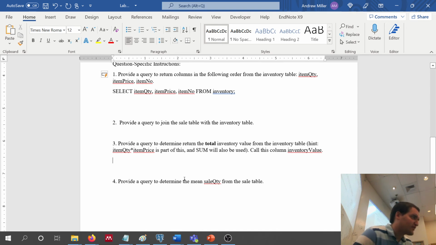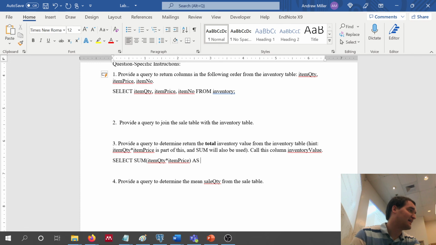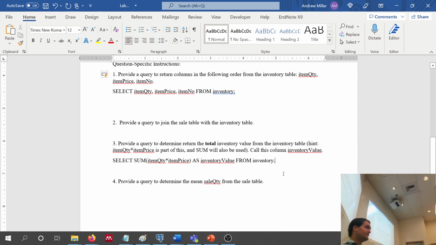All right, number 3, provide a query to determine the total inventory value from the inventory table. And we're going to call it inventory value. So what we're doing is we're saying select sum of item quantity times item price as inventory value from inventory. All right, is that all we have to do for that one?